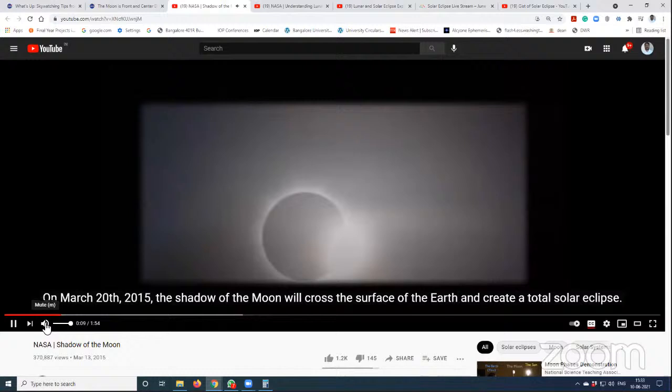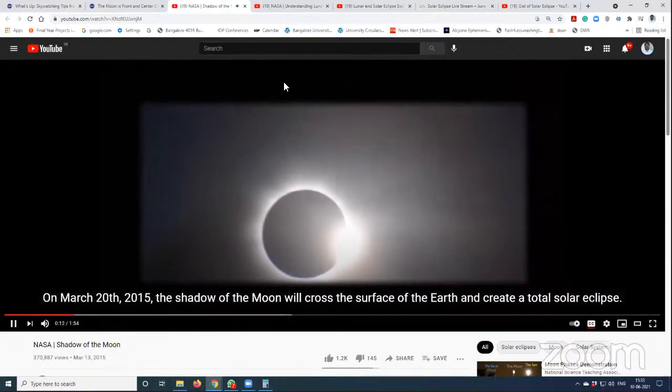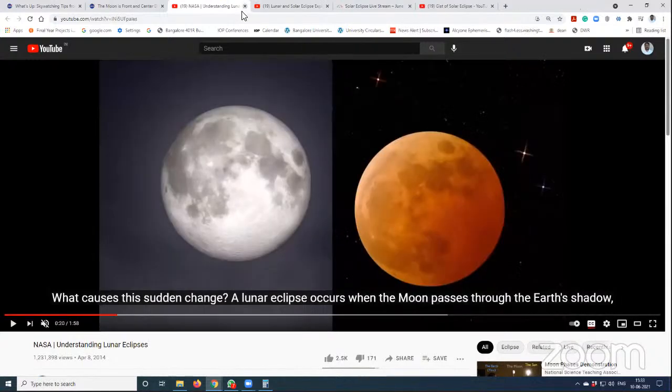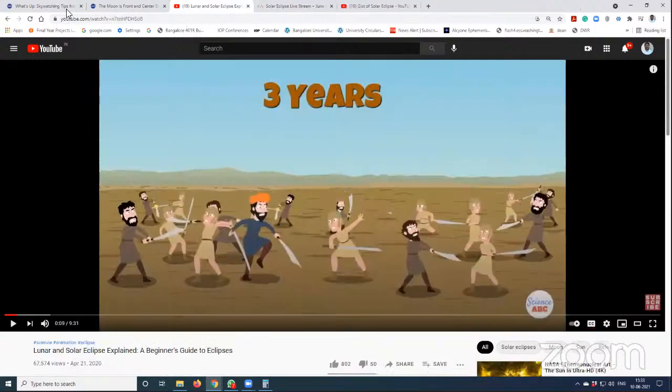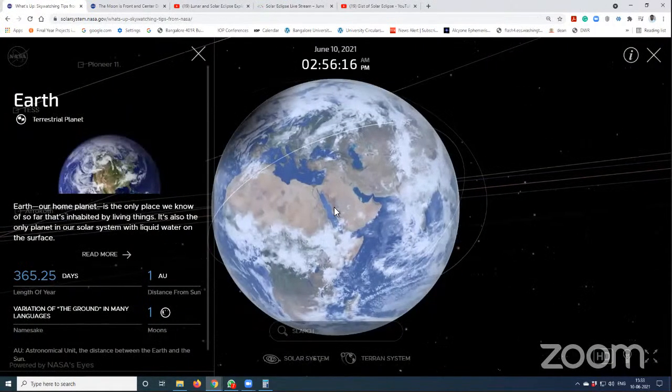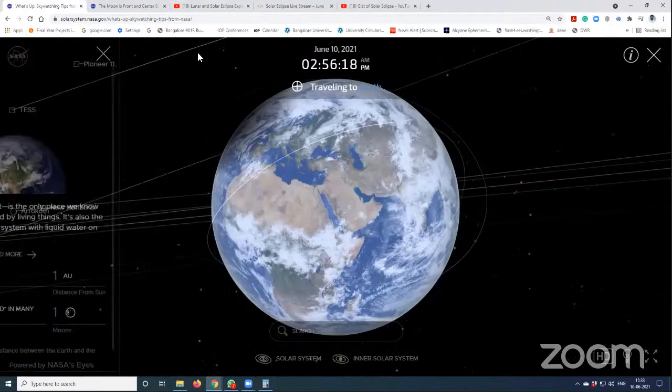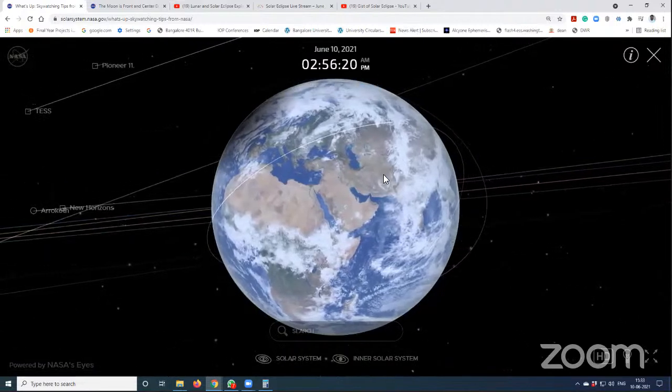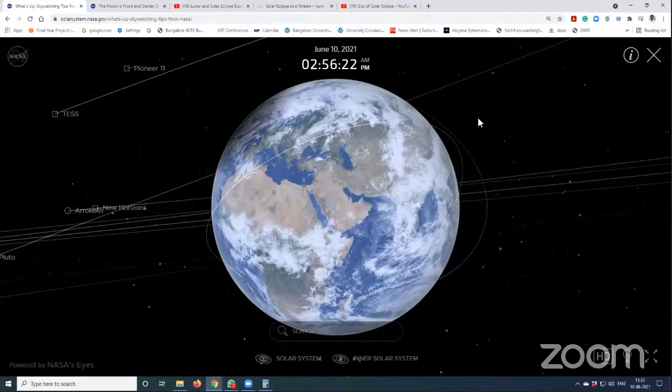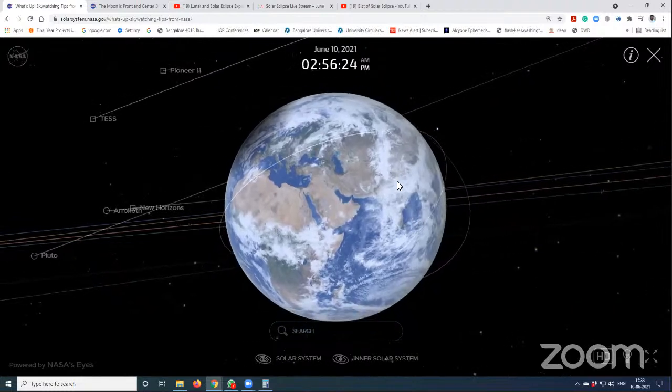On March 20th, 2015, the shadow of the moon will cross the surface of the Earth. Let us see how that can be seen live. This is the dimension. If we see how the Earth is moving, the satellites which are revolving close to that